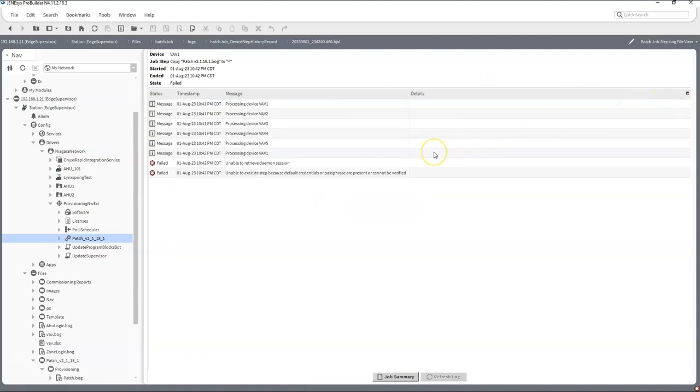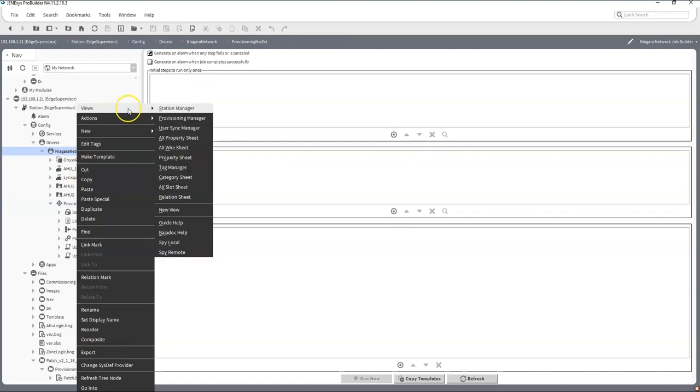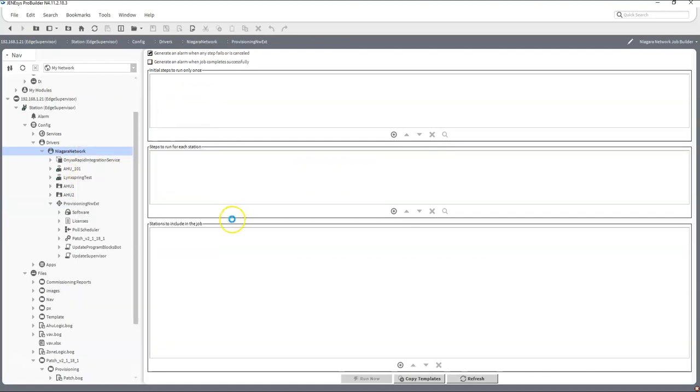And it failed. Why did it fail? Because it was unable to execute the step because the default credentials or passphrase are not present and cannot be verified. So if I go to my Niagara network and go to my provisioning manager,